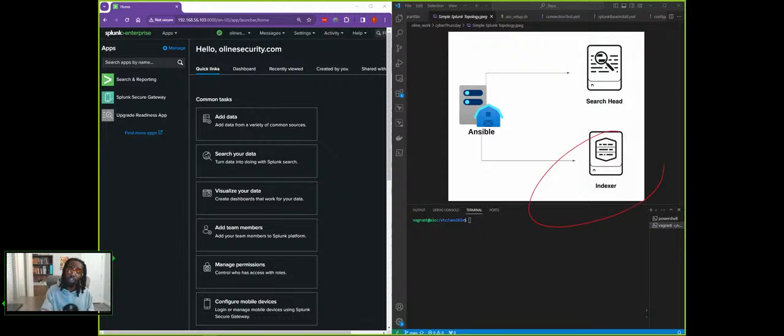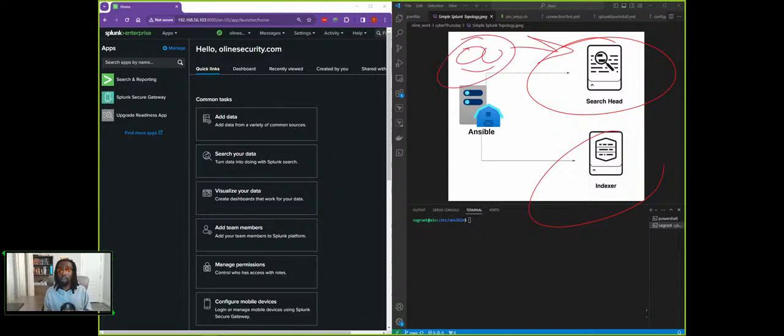And then the search head, this is where our users are going to log into. They're going to log into the search head, just like Maddox. He may log into the search head. Mike may log into the search head. I may log into the search head. This is the search head, actually, right here on the left hand side. But we log into the search head to start